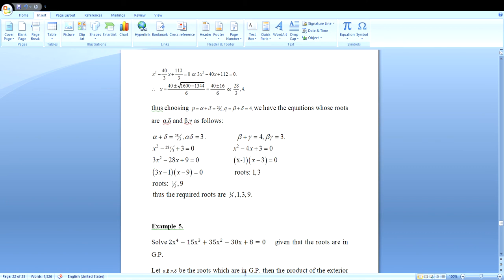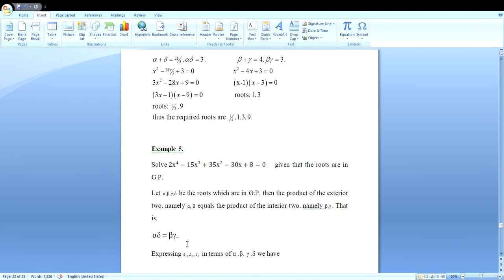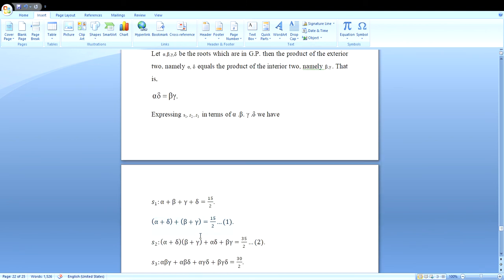Solve 2x power 4 minus 15x cube plus 35x square minus 30x plus 8 equal to 0. Given that the roots are in GP. Let alpha, beta, gamma, delta be roots which are in GP. Then the product of the exterior 2, that is alpha, delta, is equal to the product of interior 2, that is beta, gamma, that is alpha, delta equal to beta, gamma. Expressing S1, S2, S3 in terms of alpha, beta, gamma, delta, we have S1, that is alpha plus beta plus gamma plus delta,